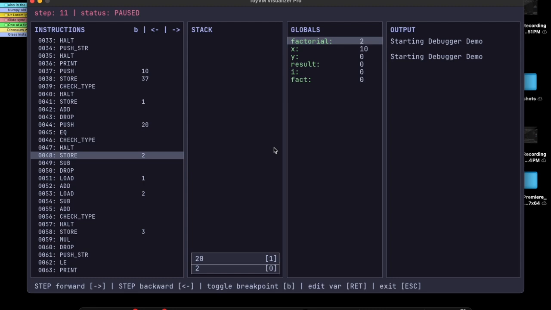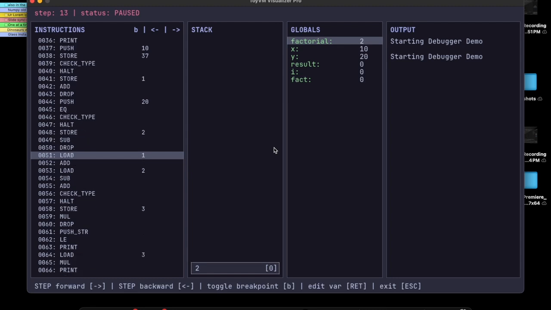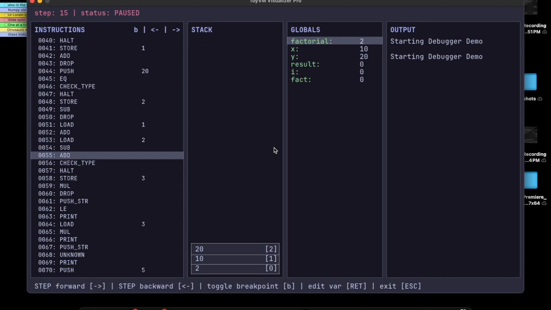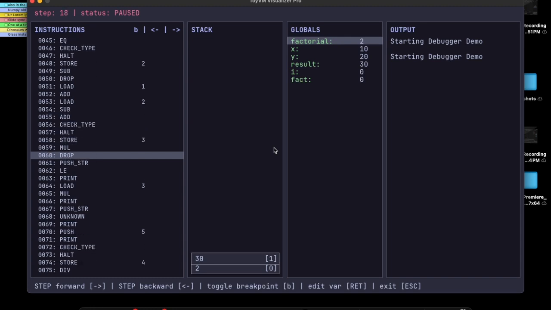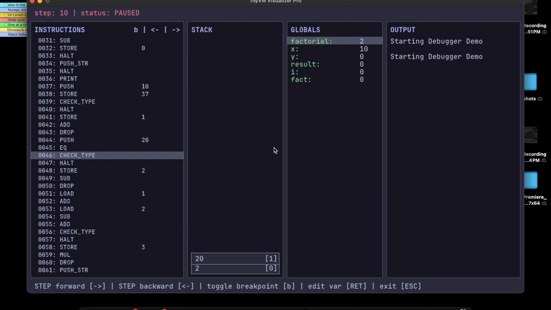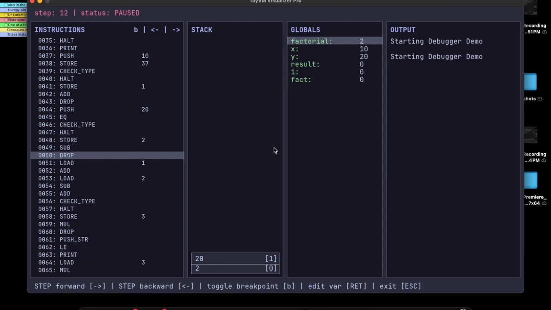As you can see in this program, as you continue, now 20 is stored into a variable and then it is dropped again. Now the program will load the value of x and y and then add them for a new variable result. Let's quickly run through it. And as you can see, the value 30 got stored into the variable. The cool part of this is, before the values of x and y were loaded into the stack, you could have changed them to fit your type and check for errors.